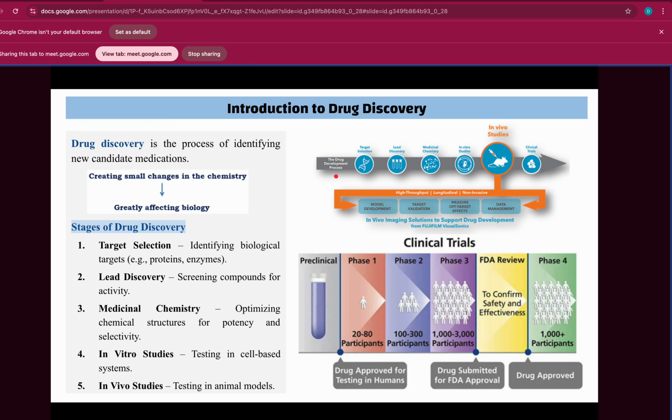Now let's see the overview of the drug discovery process. The first step is target selection. For example, if somebody is suffering from a disease, we find out which proteins are responsible for that disease. That will be our target selection, in which we identify the protein or enzyme responsible for the disease. Then we find the lead compounds which will bind to this protein so that we can inhibit its action, or enhance its action, depending on what role we want from that particular target. For that we find the respective lead, then we optimize it so that it can perform better,